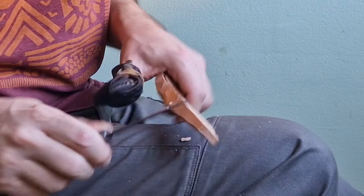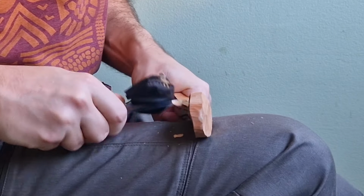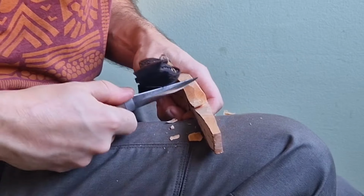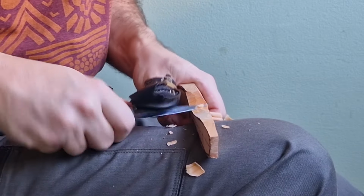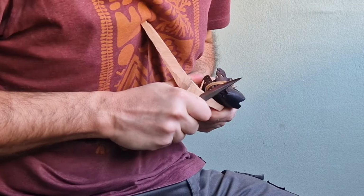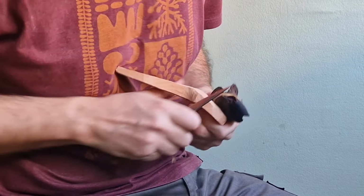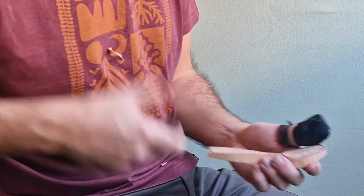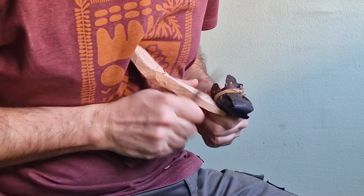This is a tight curve, so with the tip of the knife I'm going through all the tight curves. See? And I also have to work as fast as possible, because I have a lot of orders to do, especially this time of year with Christmas coming. Everybody wants Christmas presents. So now I'm just going to the line